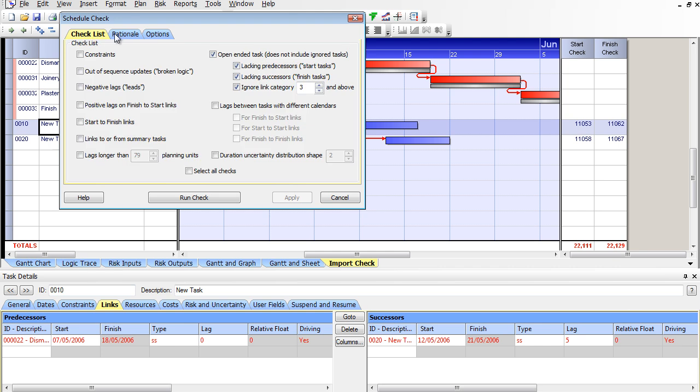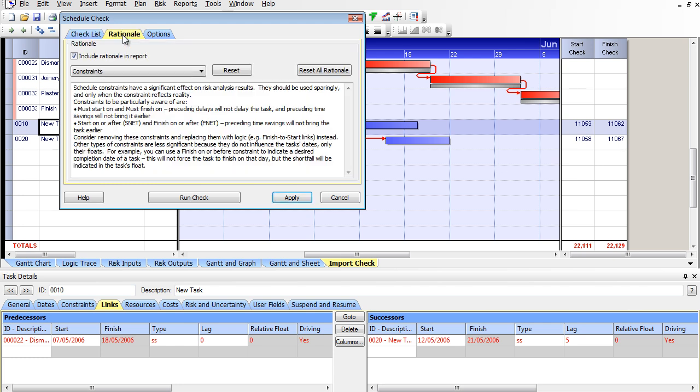The next tab at the top, so here's my checklist. This is what I want to check for. I'll look at all checks. Then you've got your rationale. This is kind of what I just went over. This is in my words, but this is what the Pertmaster team has put together on why it's checking for each thing. You can edit these and it'll show up on the report, and it explains to people,